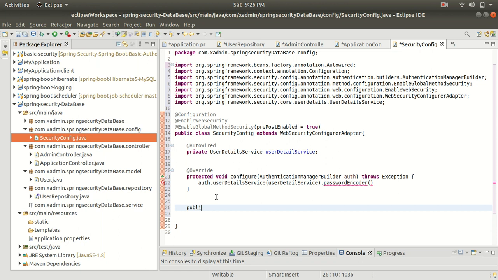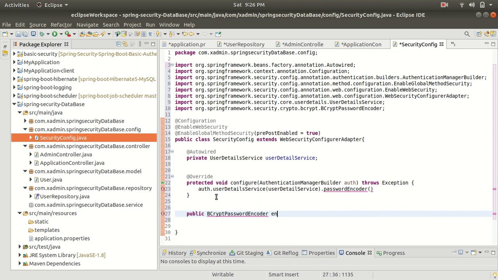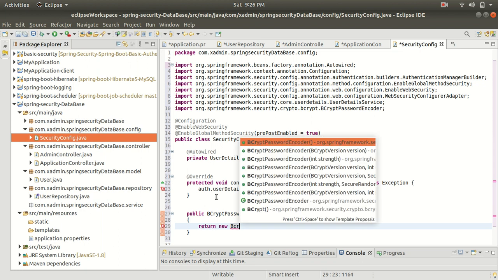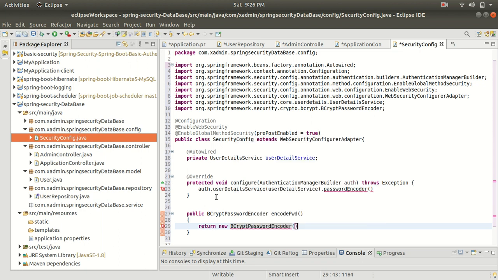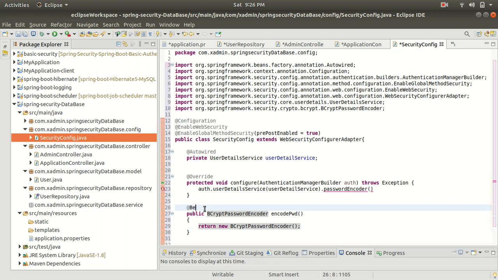So let me write public BCryptPasswordEncoder and the method encodePwd. Alright. So let's return the new BCryptPasswordEncoder. Alright. So let's mark this method with @Bean.